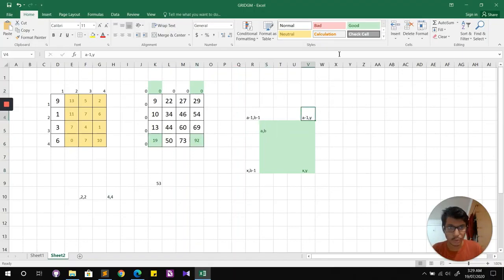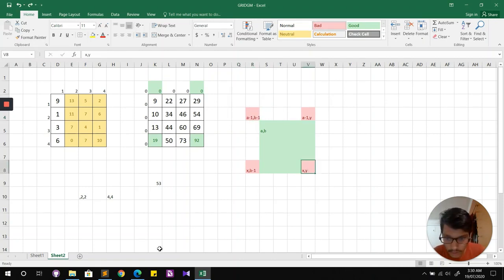These red elements are the ones I need for my final answer. As soon as I have a comma b and x comma y, I know all these four elements' values, right? I can just access them in O(1) from my pre-computed array. So what I need to do is take this value, subtract these two values from this, and then add this value to compensate for my multiple subtraction of these above elements.